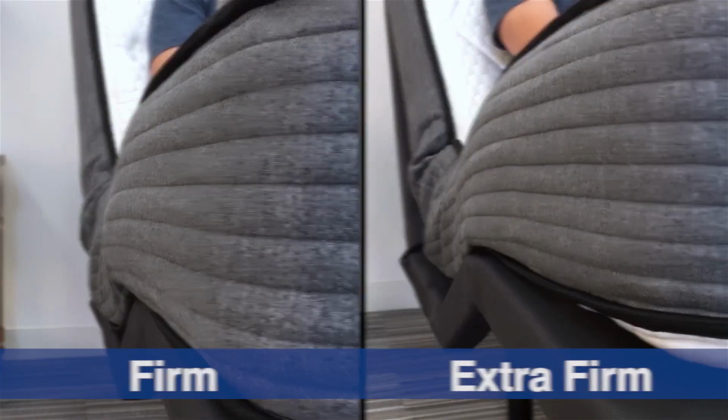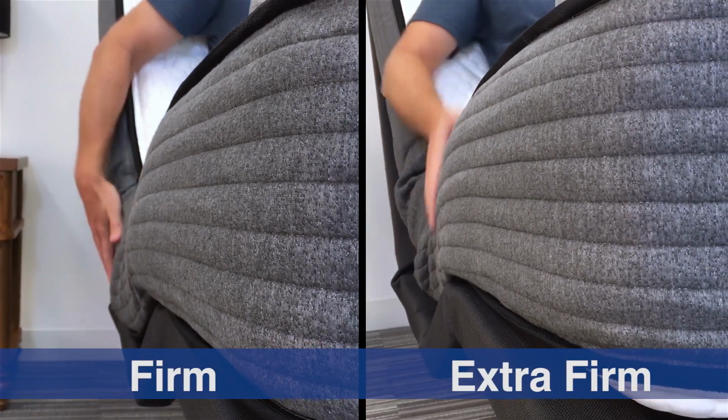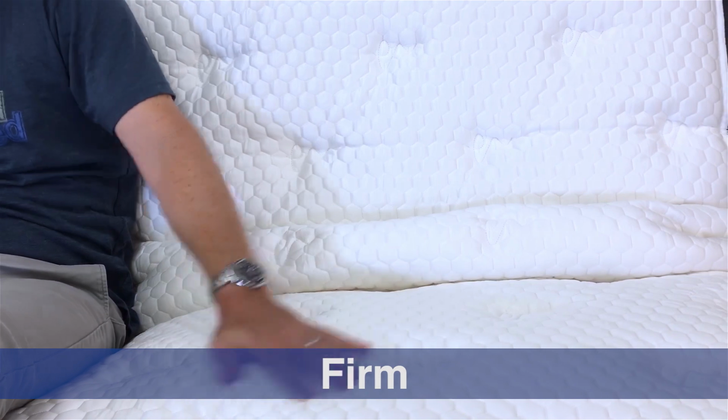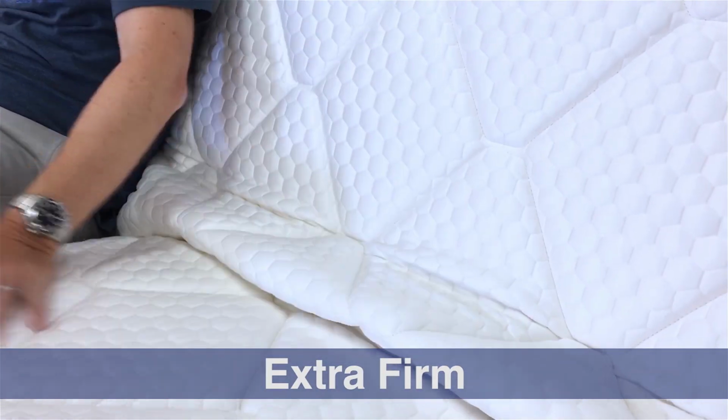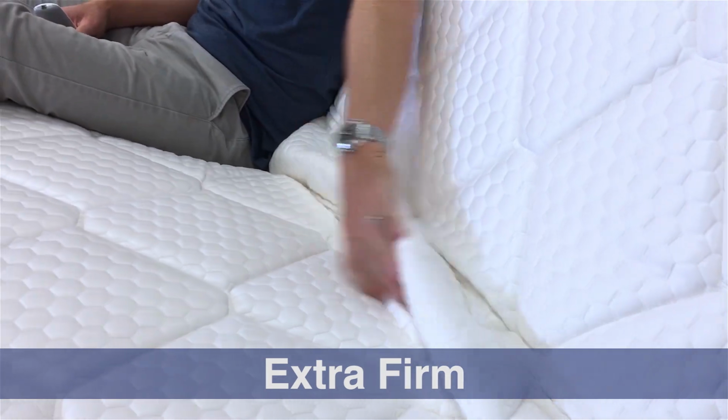Likewise, we also look in that same position at the question of whether anything weird happens to the mattress when you use it in that kind of fully elevated position. Sometimes you have edge support bowing out. That wasn't the case here. What was the case here is that we did find the quilting. Both sides have some quilting. The quilting is a little thicker on the soft side than it is on the firm side, but by the same token, the quilting is a little firmer on the firm side than on the soft side. So really both sides had a little bit of quilting bunch up,